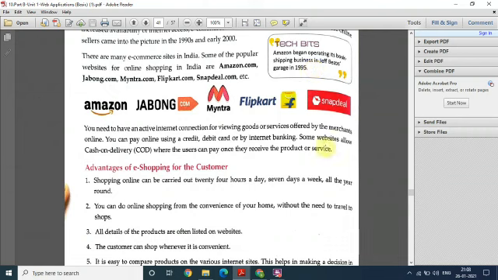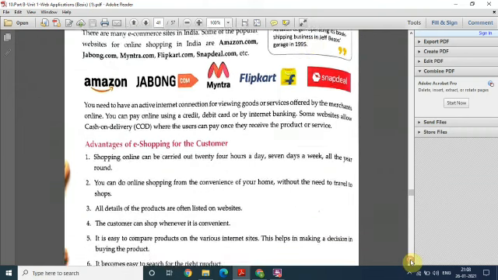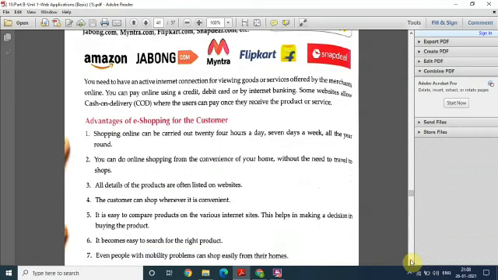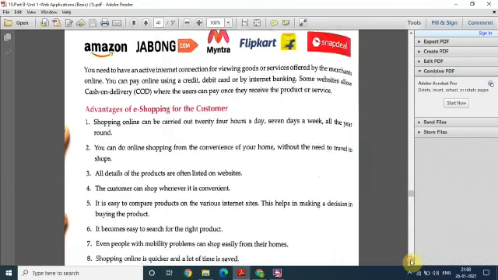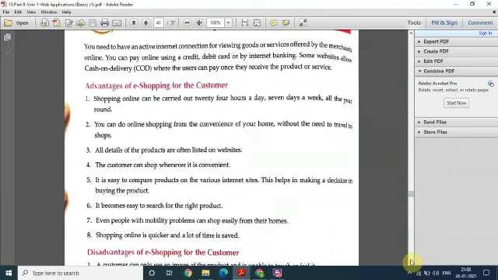Now, what are the advantages of it? With the help of online shopping, it can be done very conveniently at any time, at any place, from wherever you are comfortable. You are having an internet connection, you can do it. No need to go anywhere. You can view the details very perfectly. You can shop whenever it is convenient. आप अच्छे से प्रोडक्ट सर्चिंग कर सकते हैं. It is time saving. Fine, mobility problems are not there. You don't have to move anywhere. You don't have to take care of how you will bring the purchased item to your home and all. Fine, so these are the advantages.